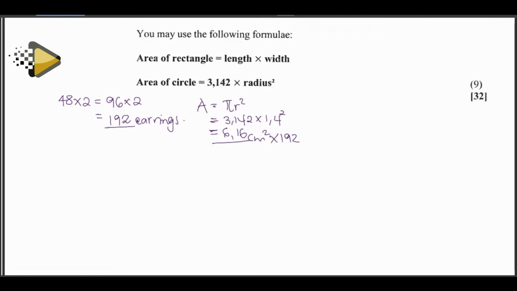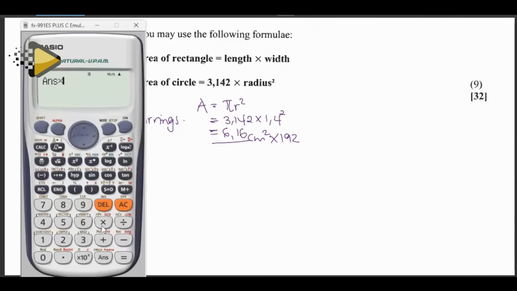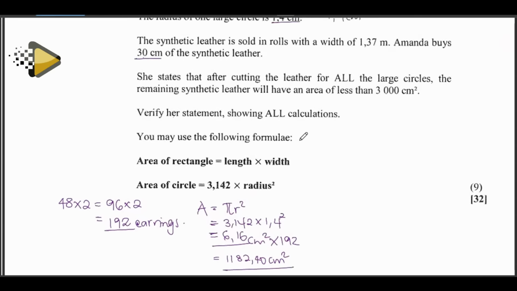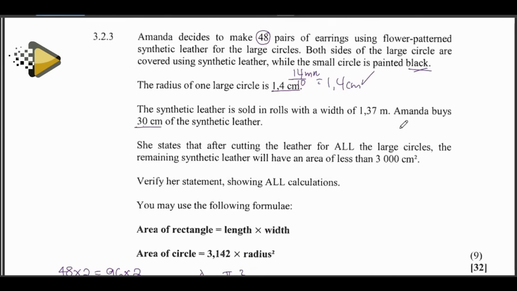Let's do that. Total area to be covered now, times 192. So we have 1,182.40 centimeters squared. So this is the area that we're going to use. Keep it aside. Then we come here and ask ourselves, what will be the area of the synthetic leather that